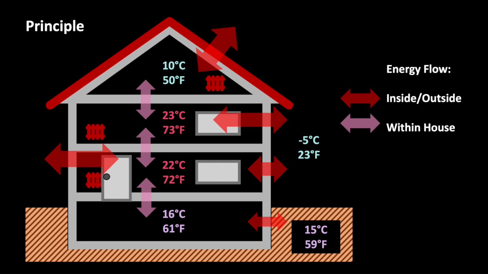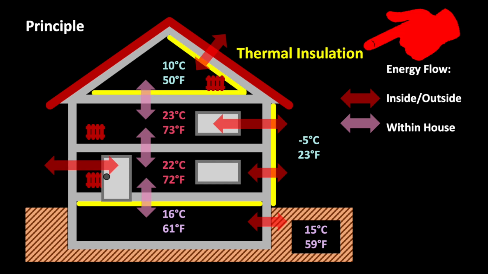In the last part of our step-by-step guide, we saw how to optimize the temperature control in the house to save heating energy. We also considered the contribution of the sun, waste heat from electrical devices, and even from the people living in the house. In this part, we will cover thermal insulation.